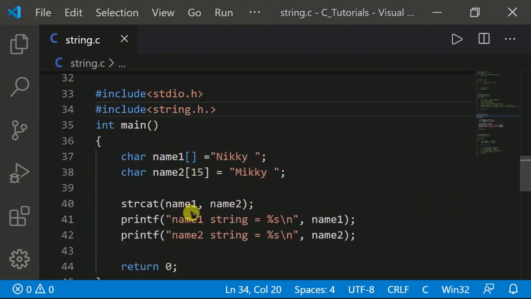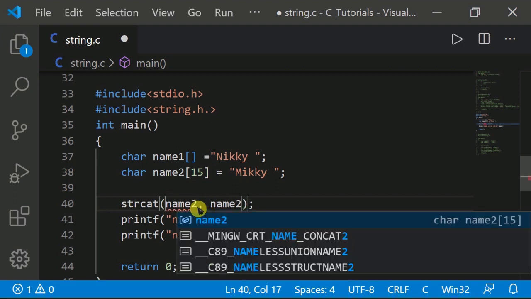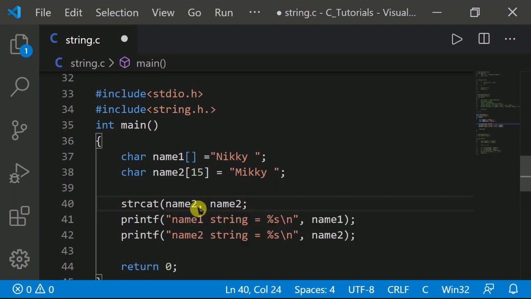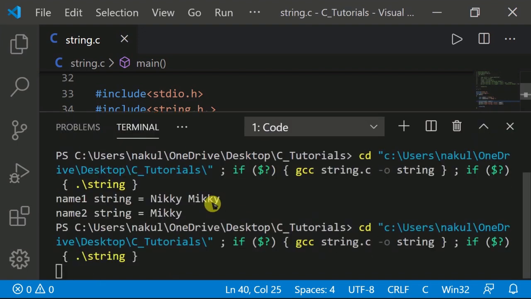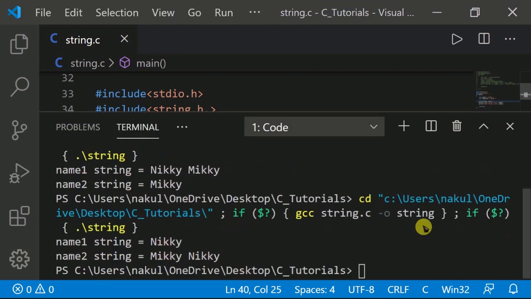In the strcat function, you have to enter the string in which you want to combine the second string. If you enter the second string first and the first string here, the text gets combined into the second string. As you can see, Nikki Mickey Nikki.